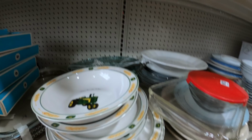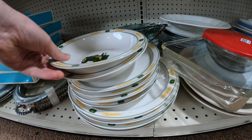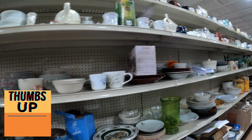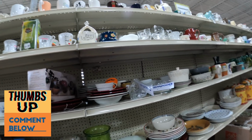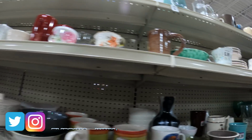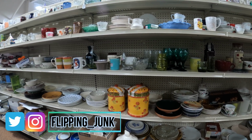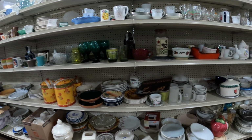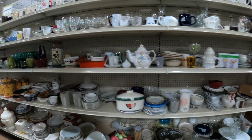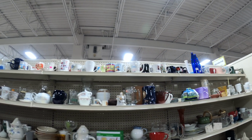Over here in the dishes, we're taking a look. Got some John Deere bowls, John Deere dishes, but they want $3.99 a piece for them. You could make money on those if they were priced better. They do move, but for $3.99 a piece, you're probably paying more than what they would be brand new by the time you got all the dishes. Now if you found them at a garage sale or an estate sale, pay like $10 for them all, yeah, you could flip them, sell 4 bowls, 4 glasses, or whatever it was there, make some money that way. But dishes,